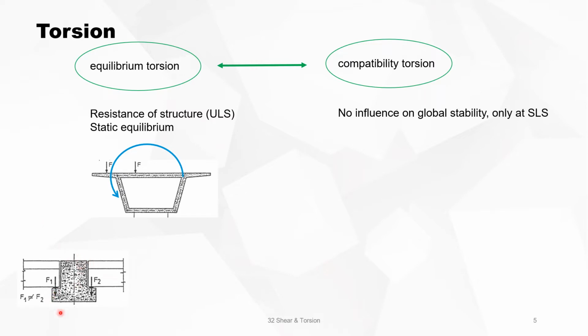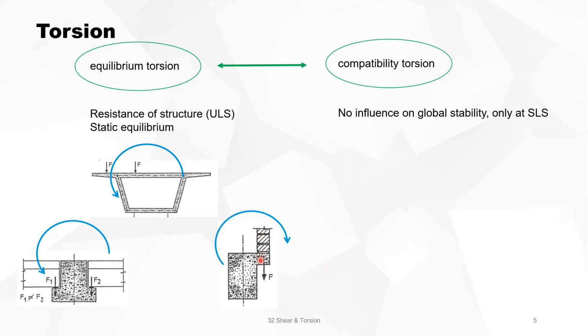Or if you have a beam with slabs supported on the beam, and if the span on the left-hand side is different than the span on the right-hand side, then you need an equilibrium, and that equilibrium is given by the resistance to a torsional bending moment. Or you can have a beam which is eccentrically loaded by, for instance, brickwork or masonry, then also you will